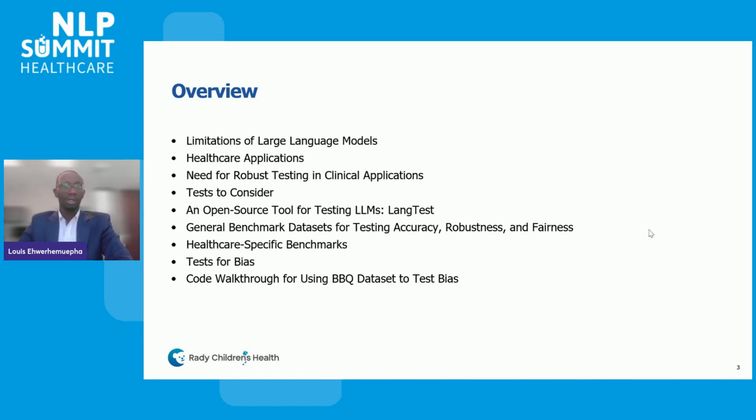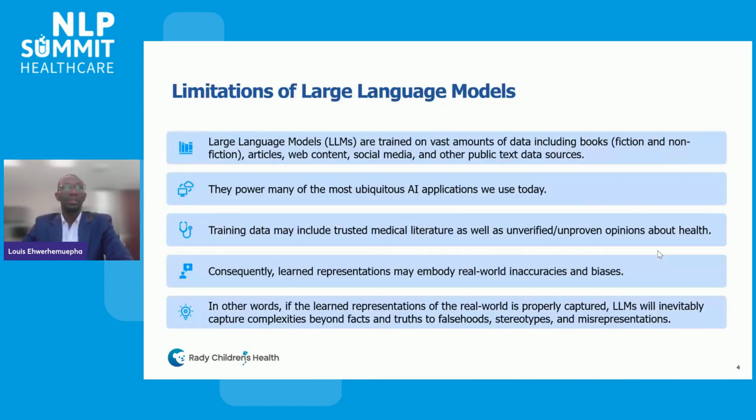We'll talk more also about the healthcare specific benchmark, as well as specific direct tests for bias, and then a code walkthrough for using what's called the BBQ data set to test for bias in GPT-4. So large language models, as we all know, are trained on vast amounts of data, and